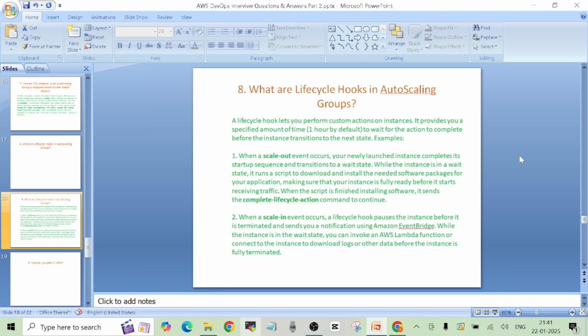These two are the use cases of lifecycle hooks. Generally it means that you can perform some custom action, you can run some custom script on an instance before the instance is getting terminated, or before the instance is getting launched, or is getting ready to serve the traffic. So you can do some custom actions. But if I talk about use cases,